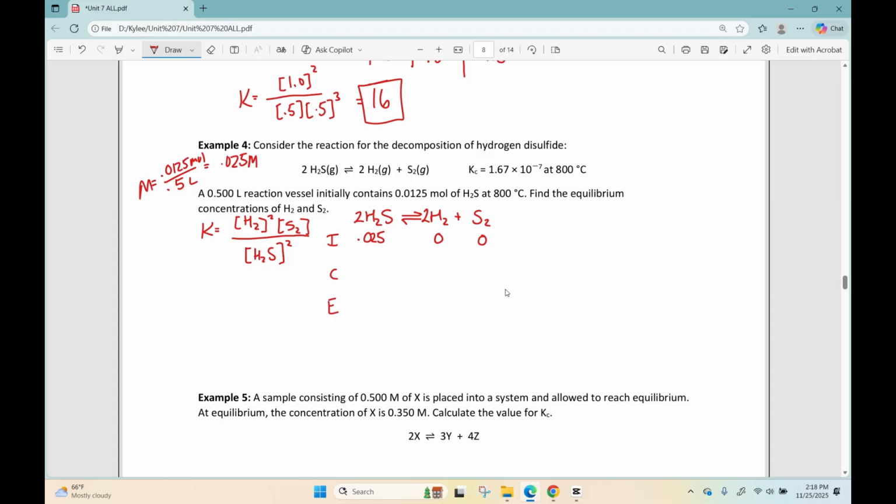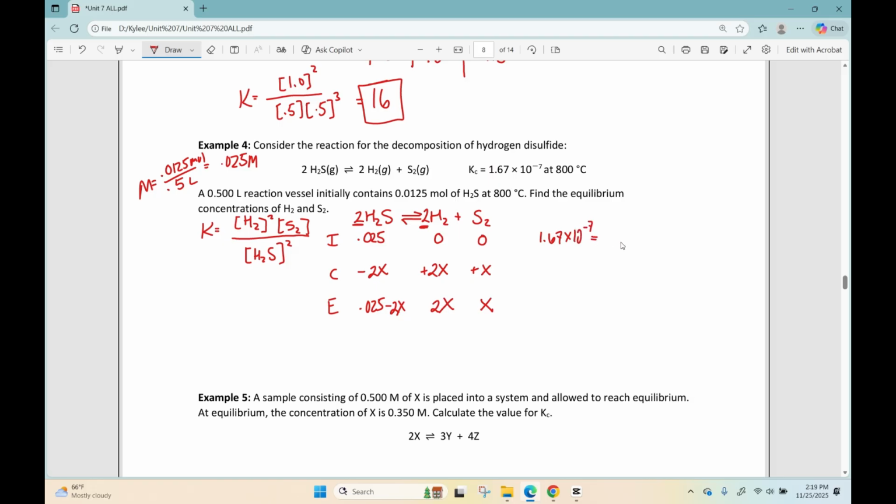So this is similar to example number 2, where I'm trying to figure out what the equilibrium values would be. So I know that this one is going to increase by some value x, so that's x. But because of the coefficient for hydrogen, that's actually going to increase by twice as much. And then H2S is going to decrease. It has the same coefficient as hydrogen does, so it's going to decrease by 2x. Now that I have my equilibrium line filled in, I'm going to use the K value, 1.67 times 10